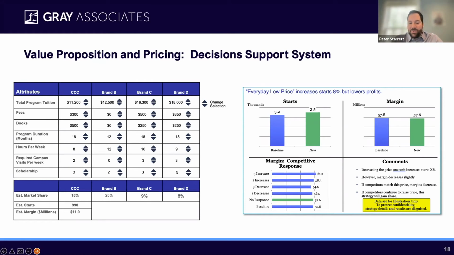And then another, again, thinking about these predictions and running through different scenarios, you'd also want to see what happens if our competitors match our pricing changes. It's obvious that we'll increase demand if we decrease tuition, but now what happens, and some of these would be obvious, if all of our competitors do the same? Now, again, we're all at this lower price, and demand may not have changed a whole lot. So again, building these models to run these different scenarios is extremely helpful and important to understanding what truly are